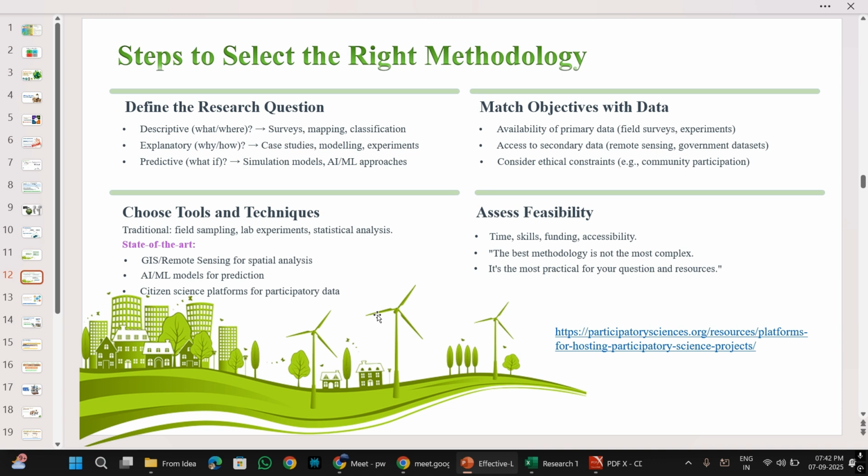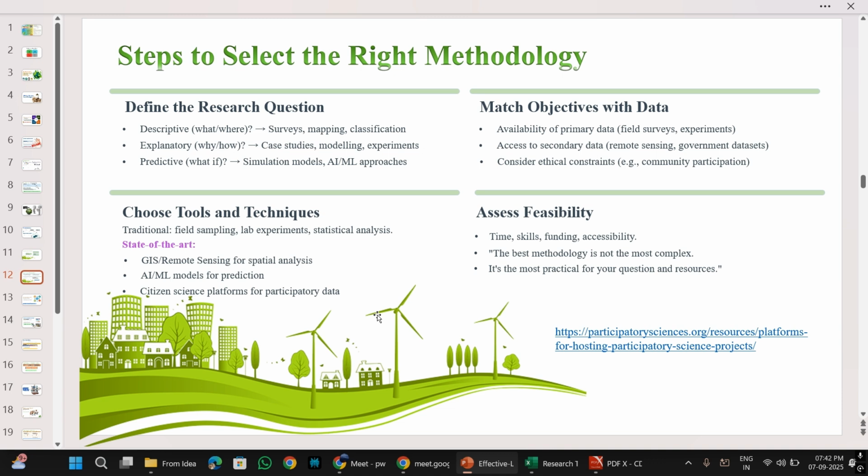And then explanatory, wherein we explain why a certain thing is happening with the environment, or how it is happening. So these are case studies, often modeling is involved. All the climate change researches are essentially modeling based, they are essentially explanatory. We try to explain that these are the causal factors in order for a specific climate change to be driven, whether positive or negative, or whether it is radiative forcings, and all this.